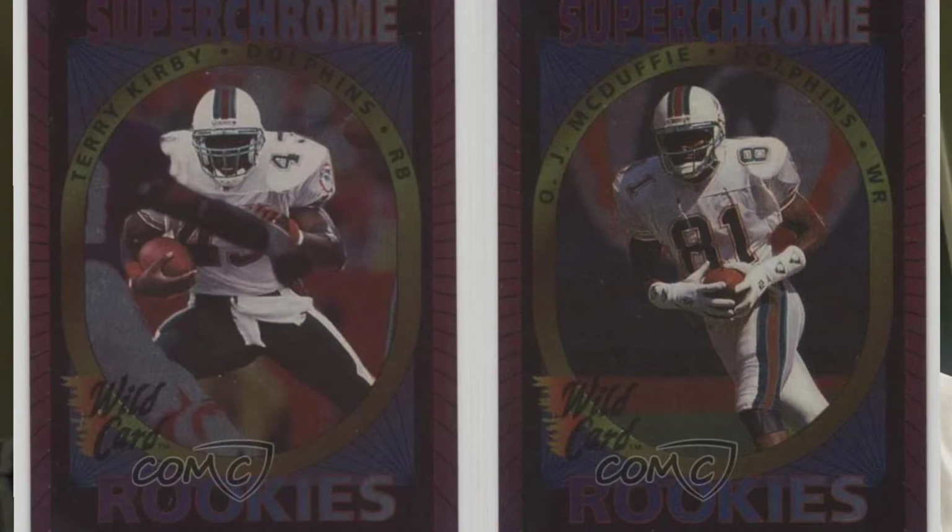The Super Chrome ones were a good idea too. Yeah, Super Chrome, that was a nice set. That was a 93. Yeah. So in 93, I'm glad you brought us back around to that. The 93 products, they expanded out a little bit. They did a Super Chrome product. They did a rookies one, I think. Yep. They had Terry Kirby and Favre on that. Yeah, the Terry Kirby and Favre, the two-sided inserts, and they did foil stuff. So they had the regular insert, and then they'd have a silver foil insert, and then they'd have a gold foil insert. So they made some parallels to their inserts, which again, parallels wasn't